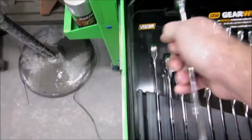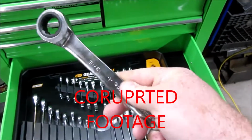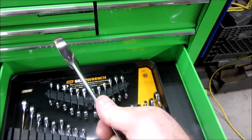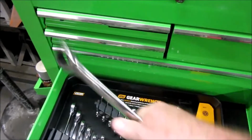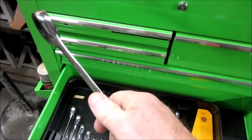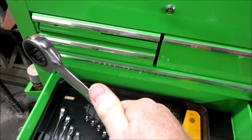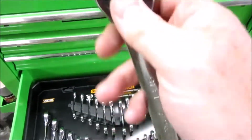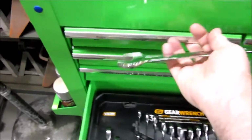Something I did notice, although I like the chrome, they're really kind of thin. I like that, because they'll fit in more places when I need them. But I like to reef on my tools without hurting my hands, and these kind of almost remind me a little bit of Snap-on, and I know I'll get comments about that, but they really kind of do. They feel kind of like Snap-on. I really don't like Snap-on, but regardless, mainly I wanted the ratcheting mechanism